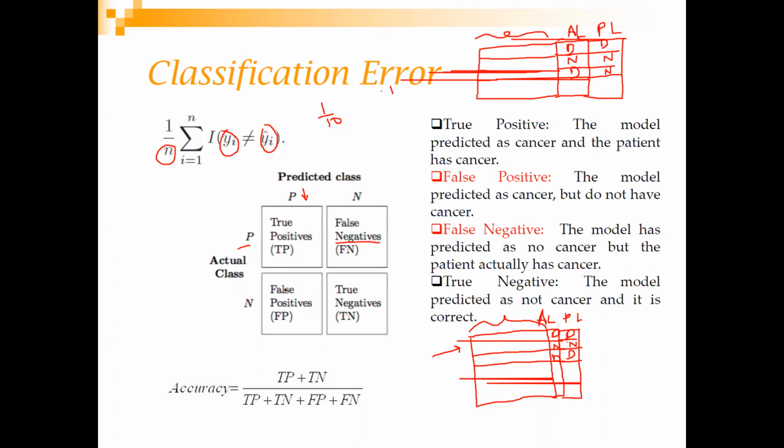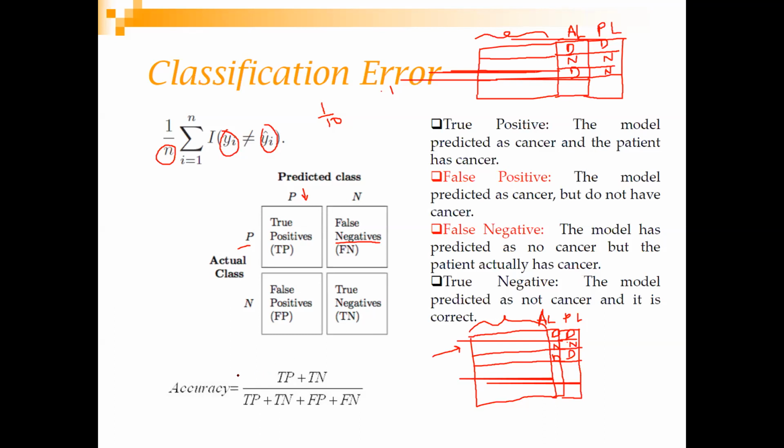You have predicted him as having COVID, but he doesn't have COVID. And what about this one? This is a true negative. That person doesn't have COVID, and your test also correctly identified this as not having COVID. Okay. And what do you want? You want a system where these two values are higher, right? True positive and true negative are higher.